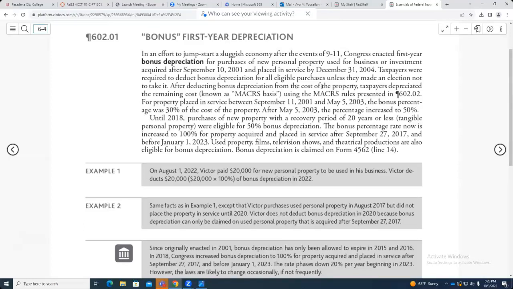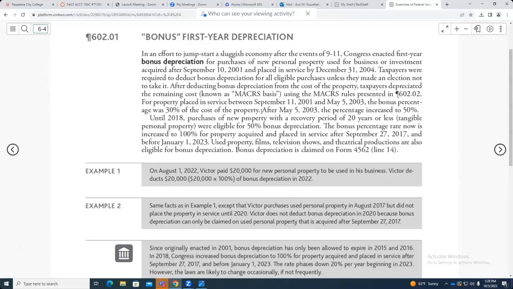After deducting bonus depreciation from the cost of property, taxpayers depreciated the remaining cost known as MACRS. MACRS means modified accelerated cost recovery system. Modified accelerated cost recovery system. So the remaining cost known as MACRS basis using the MACRS rule presented in section 6.0202. For property placed in service between September 11 of 2001 and May of 2003, the bonus depreciation percentage was 30% of the cost of property. So the government gave that option to depreciate 30%